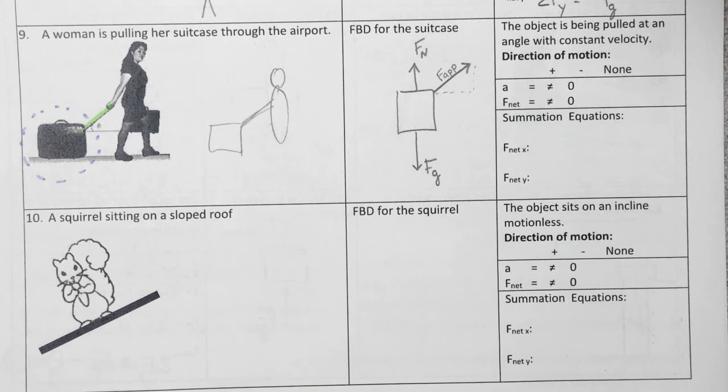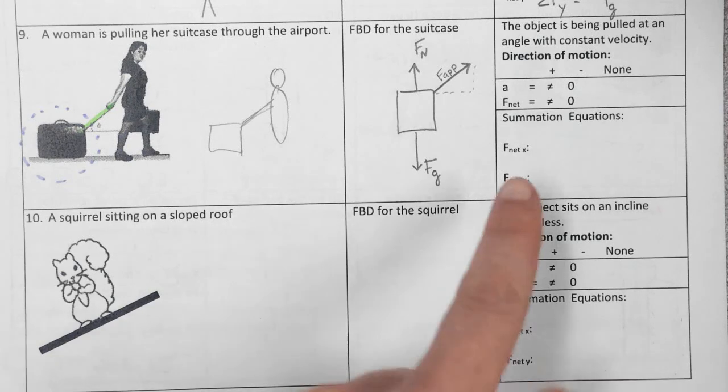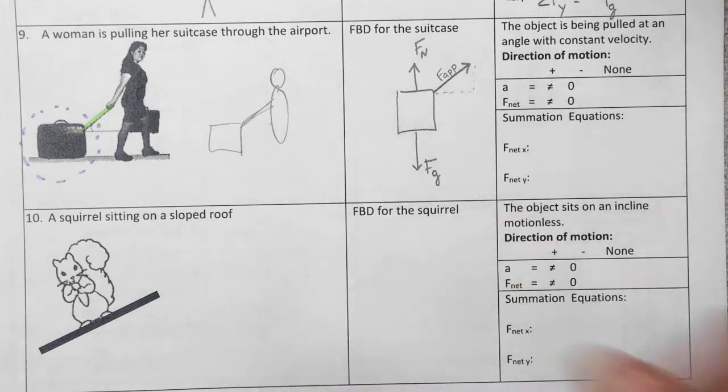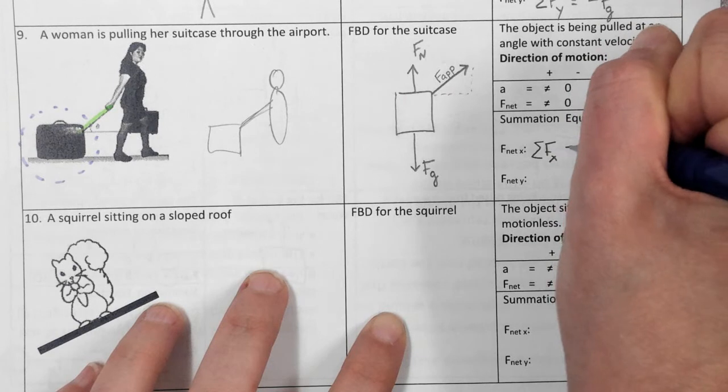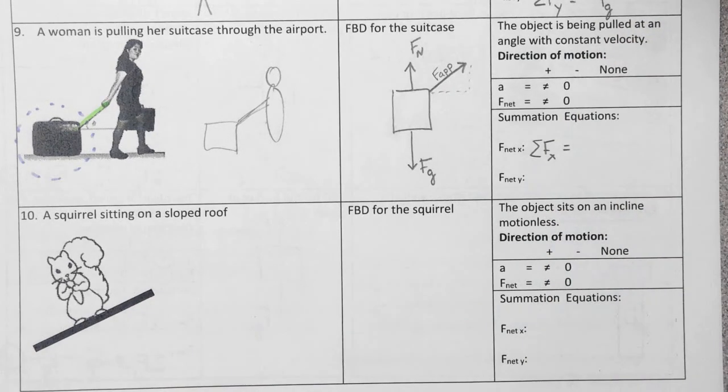But how do you know there's friction? There is friction, but how do you know it? It's touching the ground, and it doesn't say it's a smooth surface, it doesn't say it's icy, but there's a better reason. Let me show you maybe with the summation equation, especially the summation in the equation in the x direction. What are we going to do with that applied force in the